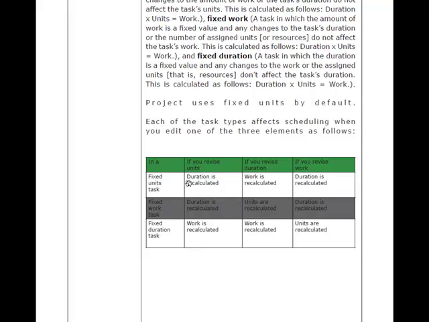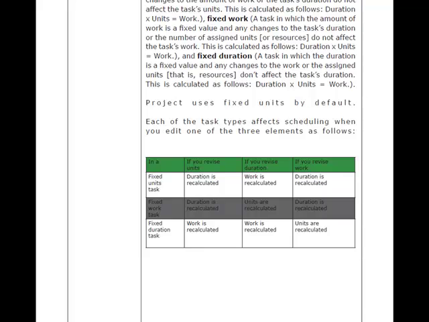And then we're going to look at this table to help you understand what is going to occur if you revise these different values. Okay, and I'll give you an opportunity to look through this, and this paragraph and this table should help you to understand what is going to be recalculated when you have the different